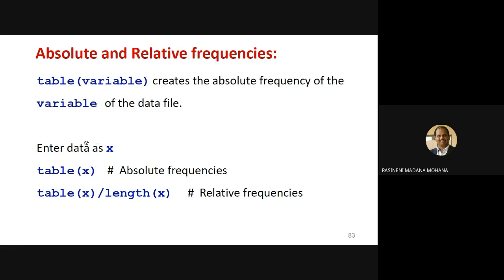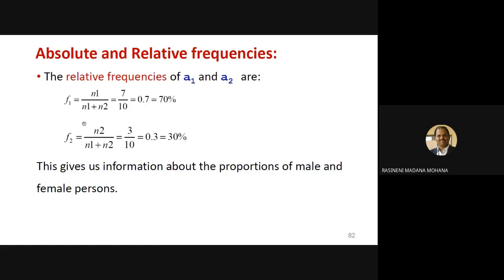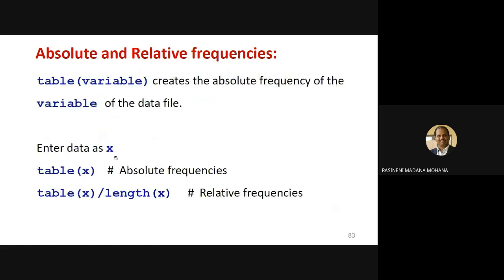Suppose we enter data as X. The absolute frequency is calculated by table of X. Then the relative frequency is calculated by finding the length of X, so the table of X is divided by length of X, which gives relative frequencies. So theoretically using these formulas and by counting, and in R simply by using table and table by length, you can find absolute and relative frequencies.